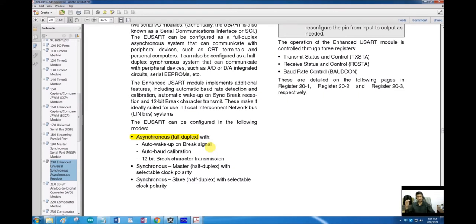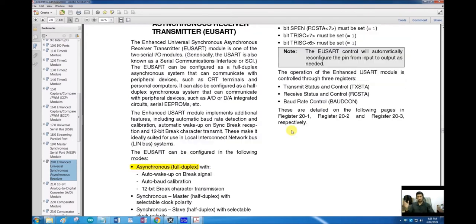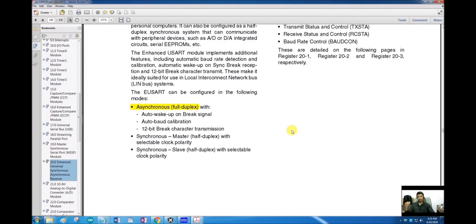So the RX, the reception pin of one microcontroller, will be connected to the TX, the transmission pin of the second microcontroller in cross, and then the TX of one microcontroller will be connected to the RX of the second microcontroller in cross. What we are going to see in this section 20 is how to configure our module to send or receive data. So we will only discuss the simple serial communication.